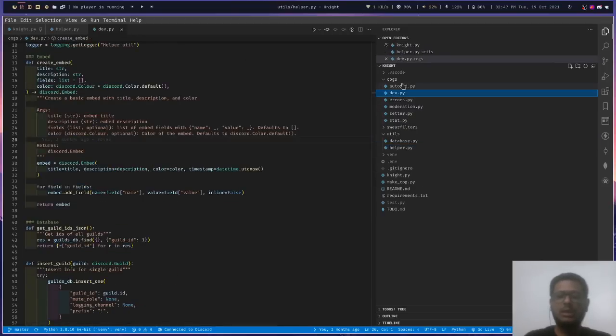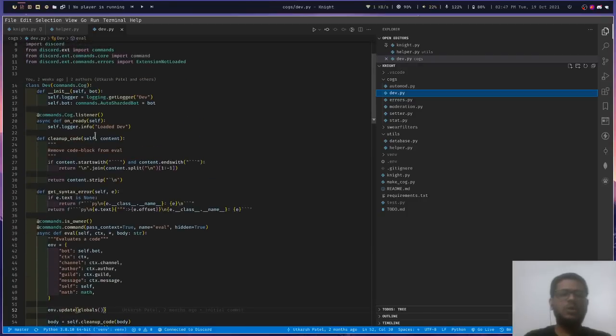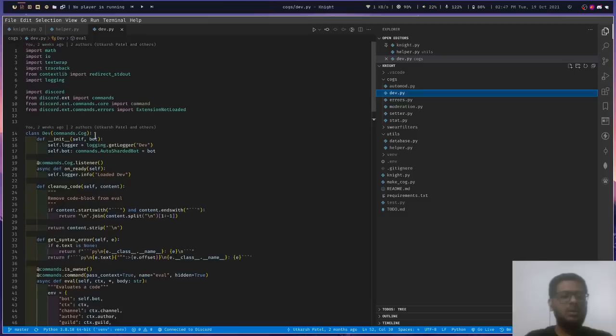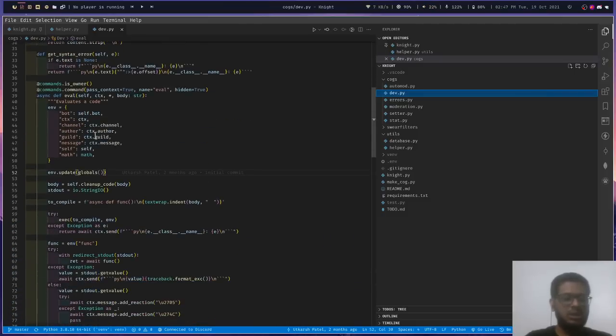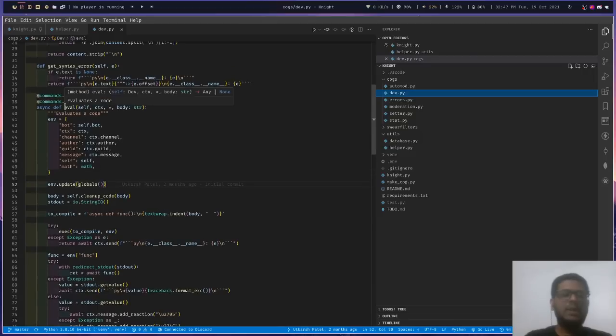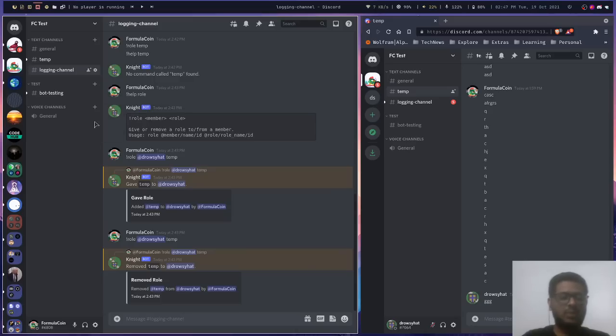Next is the dev module. Dev module is used for the developers. In this we have certain commands, of which the first is the eval command. Eval command is used to execute any Python code inside Discord. Let me show you an example.